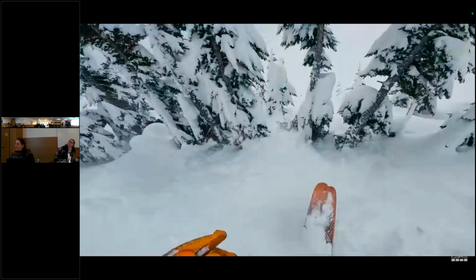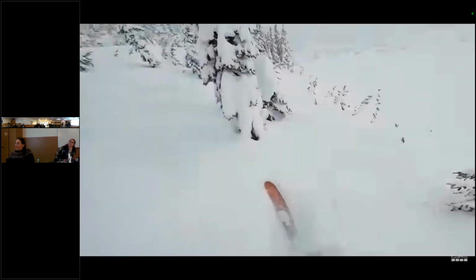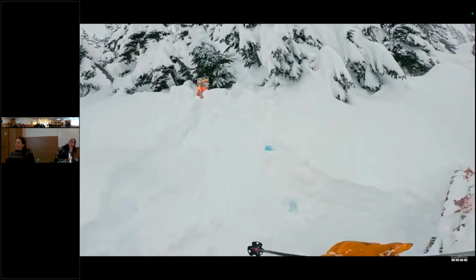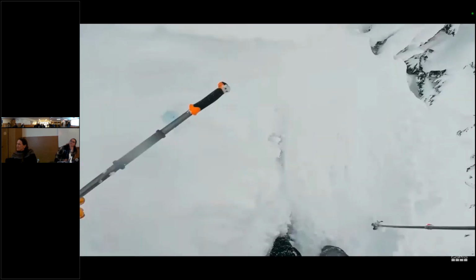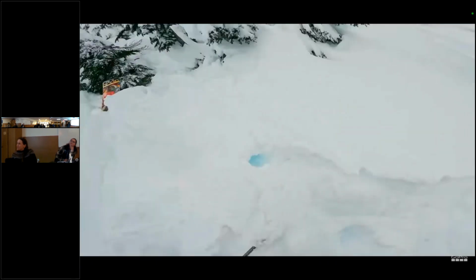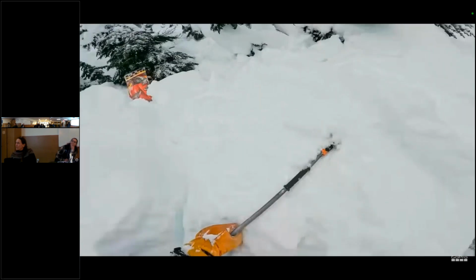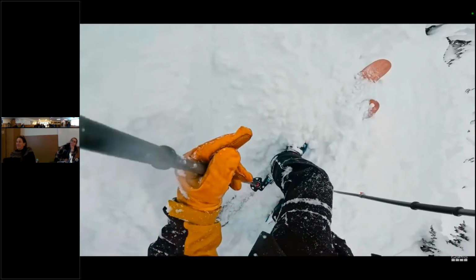Deep snow. It's like dark side. That's what always worries me about dark side. Deep snow's tough to move in.